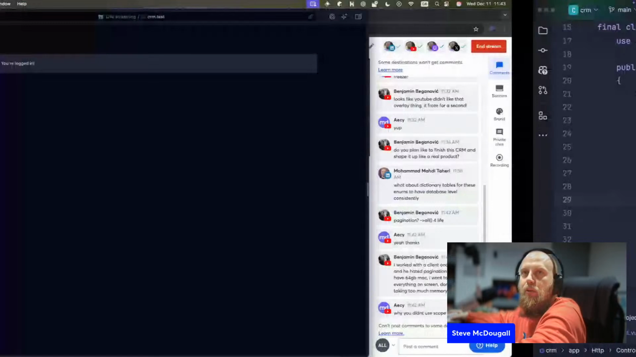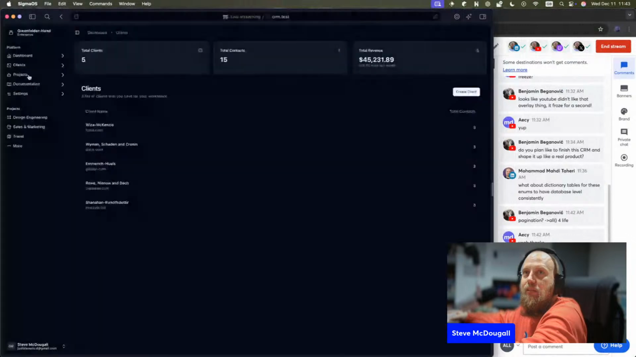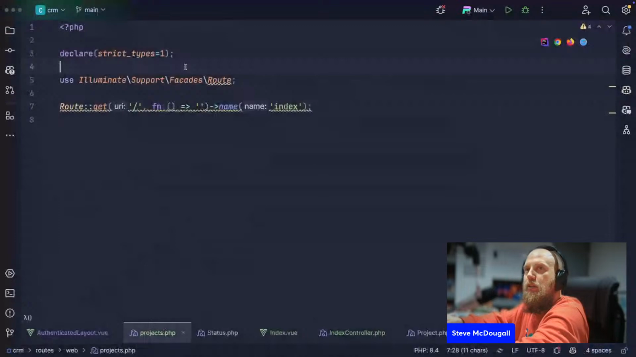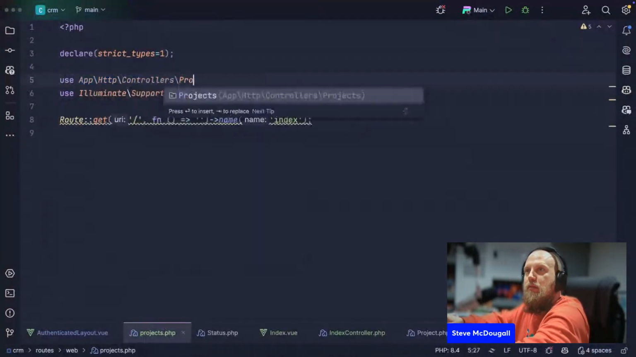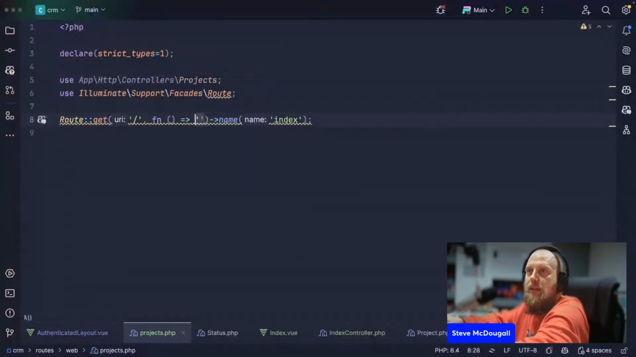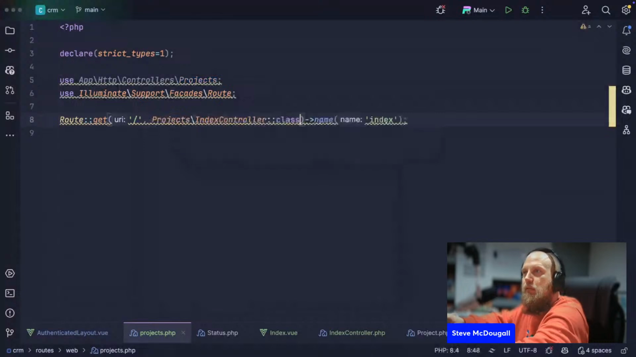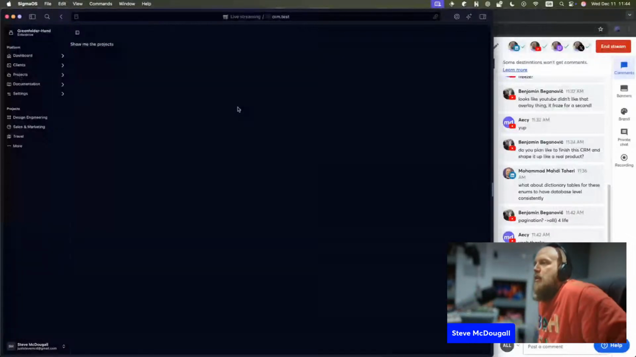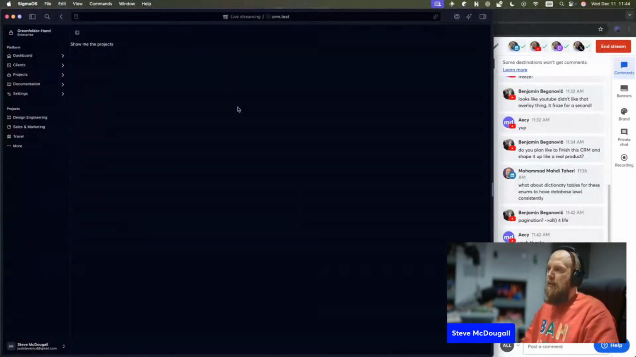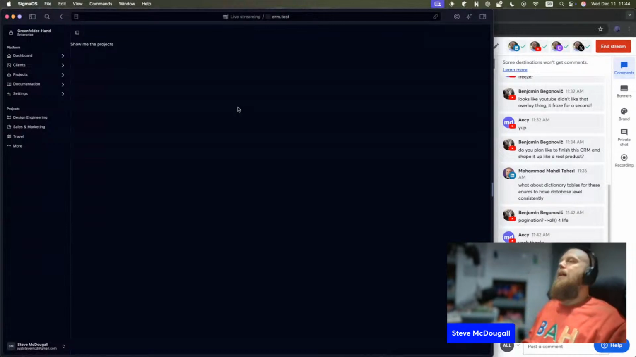Why don't you scope in the model? Honestly, I've never felt the need to. So if we come back to our root here, what we can do is use app http controllers projects. And then this can be projects index controller. Show me the projects. And we're there. We got something. So let's talk about scoping in the model. Now, a way we could do that is